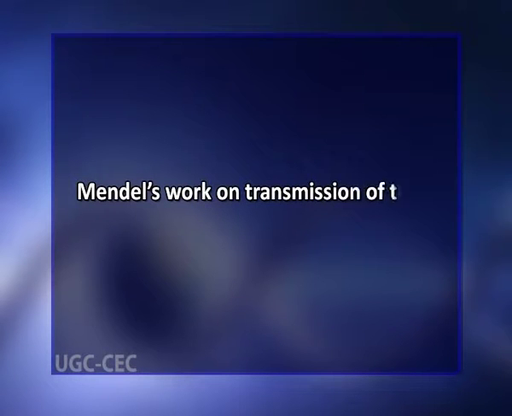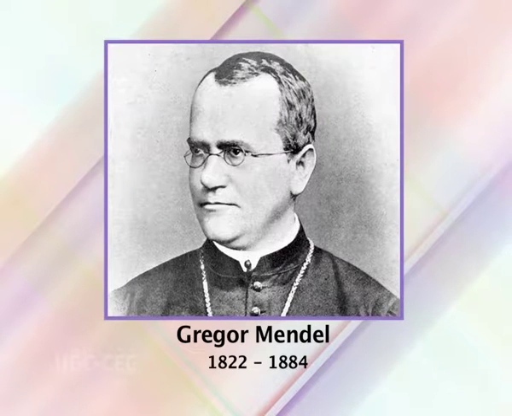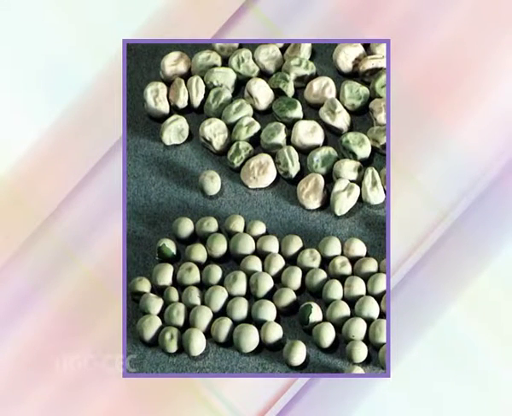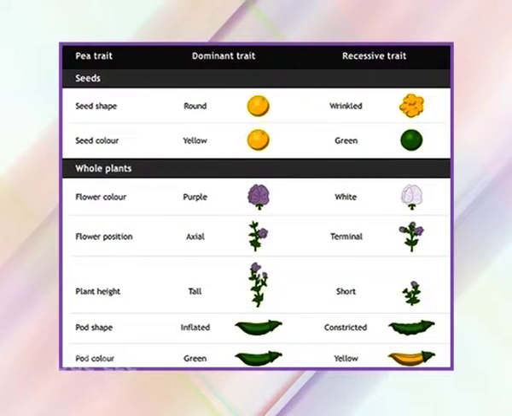Now coming to Mendel's work on transmission of traits. The work of Georg Johann Mendel is considered the foundation of modern genetics. In 1854, he began a series of breeding experiments with garden pea, Pisum sativum, to learn something about the mechanisms of heredity. As a result of his creativity, Mendel discovered some fundamental principles of genetics. From the results of crossbreeding pea plants with different traits involving seed shape, seed color, and flower color, Mendel developed a simple theory to explain the transmission of hereditary traits from generation to generation.